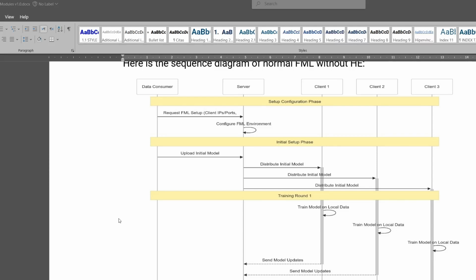Before showing the demo of the actual plugin, it's better to go through the steps and the sequence of the actions which is going to take place while we are running a federated machine learning scenario. As it's been described in the document, in federated machine learning, the clients, or let's say the data providers which provide the data,